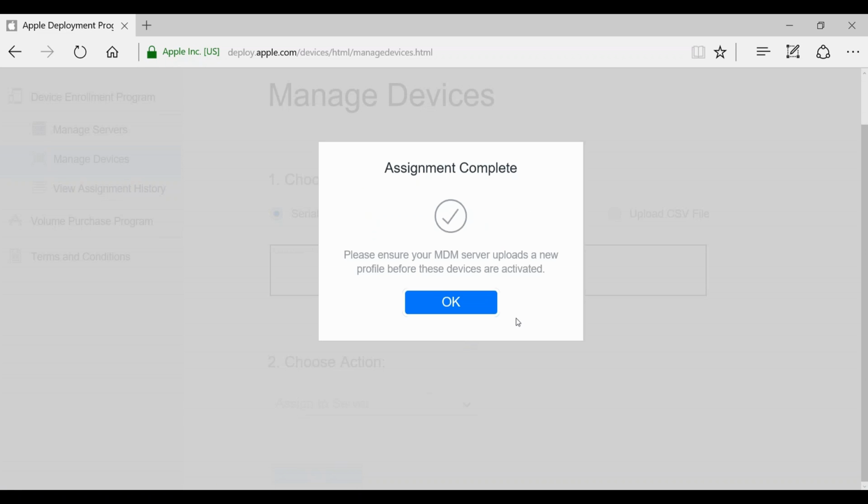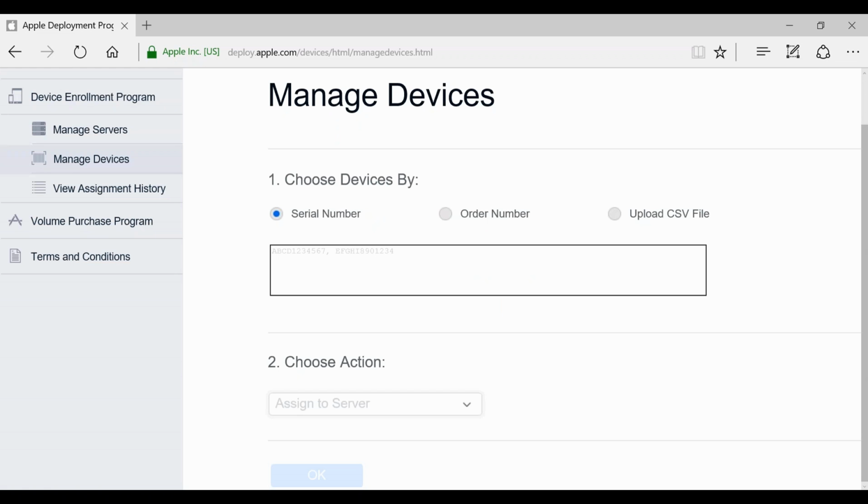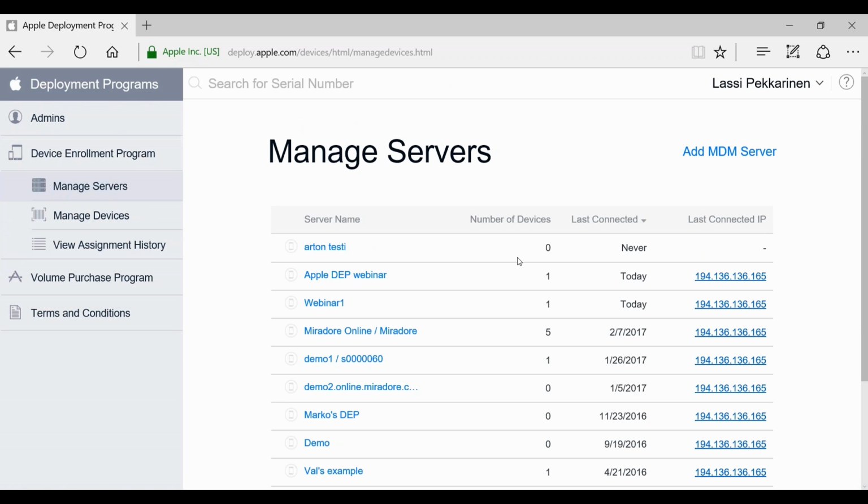and it reminds that you need to upload the new data also to your Mirado Online site so that you see the device there, and then you need to remember to assign the enrollment profile. So if we go back to the managed servers, now it should show that there's one device assigned to this MDM server.